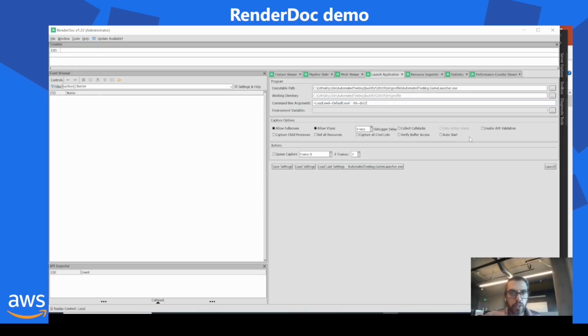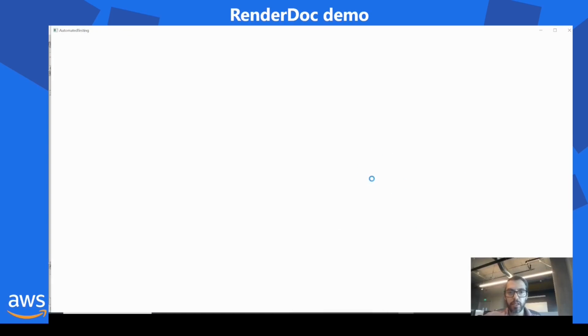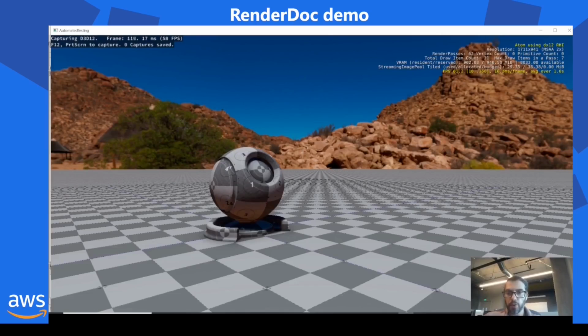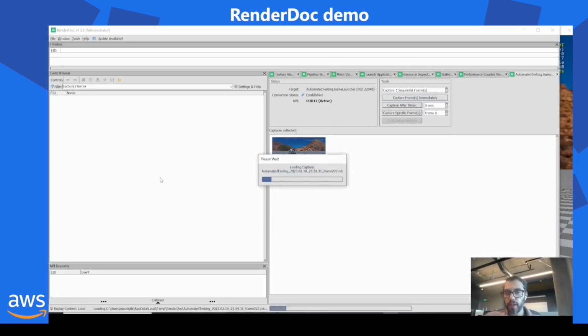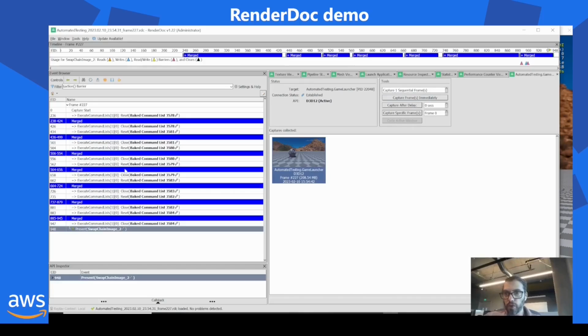So everything looks good. And I'm going to say launch. This should launch the application. It's a very simple scene with a shader ball. And I will now capture the frame. After you capture the frame, you can really quickly open it and get a quick overview of what the frame